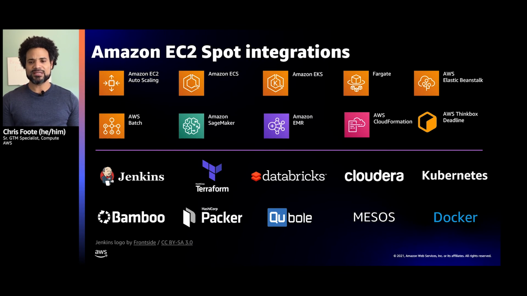So the good thing here is that Spot is integrated with many AWS services, as well as partner offerings. And the whole purpose of this is to reduce the undifferentiated heavy lifting for customers to build Spot into common use cases. We covered auto scaling groups, but also containerized workloads, so Amazon ECS and EKS, as well as Fargate. AWS Batch jobs are also excellent use cases for Spot. There's a strong integration story there, as well as for Amazon SageMaker, which allows customers to reduce the cost of SageMaker training by leveraging Spot instances.